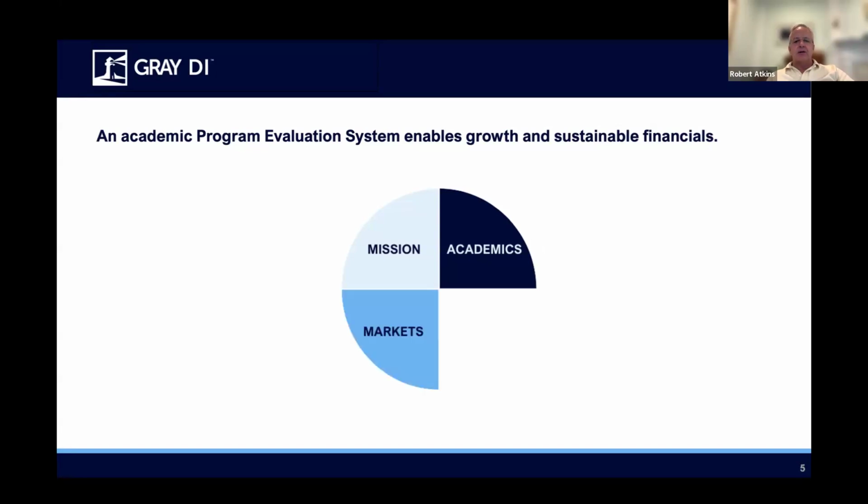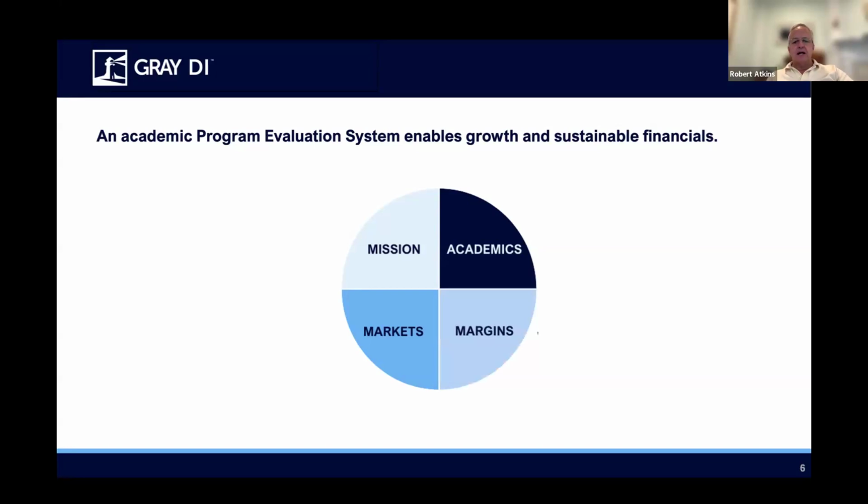And then we've got to look at some sort of hard, more business-like things. Is there a market for this program? Do students want it? Are we well serving our local employers by offering this program? How's the competition? Can we survive that? What are the demographics of the students in this program? And is that the demographic profile we're trying to achieve as an institution? Will it move us towards that demographic objective or away? Because each program has its own demographic fingerprint.